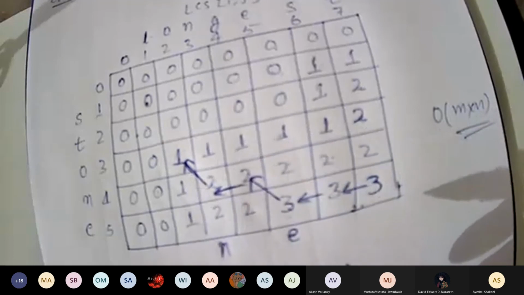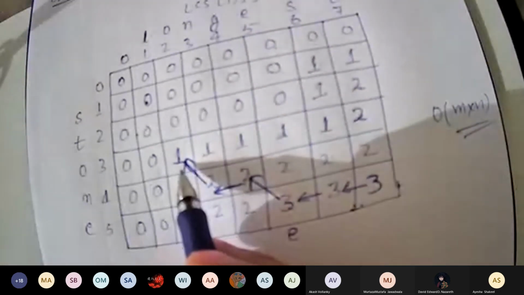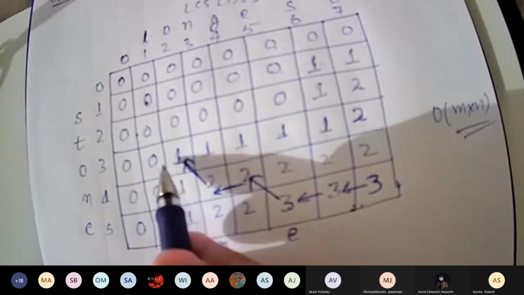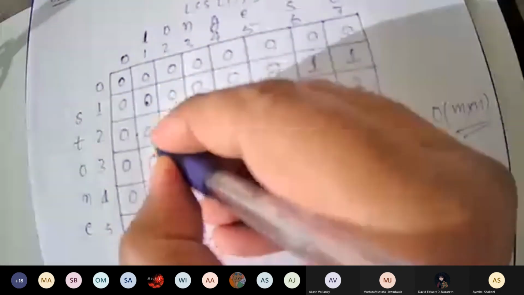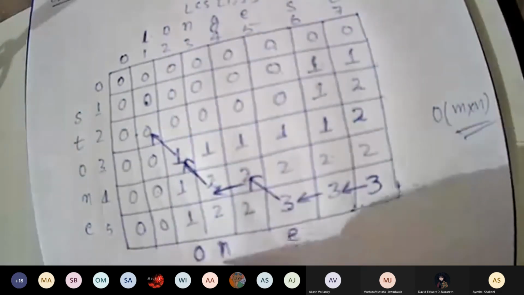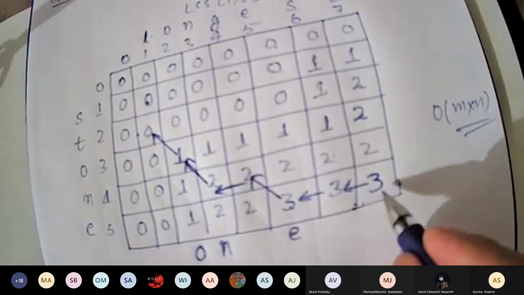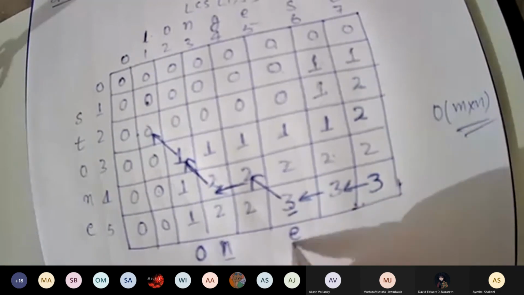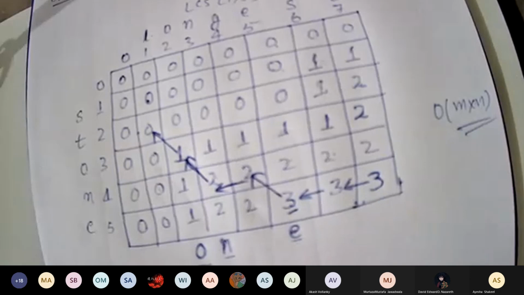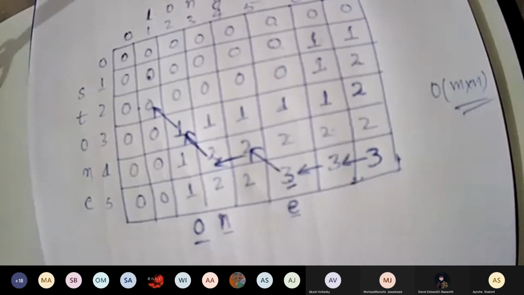Then this one, where are you getting it from? Are you getting it from here? No, you are getting it from here. So again you are going diagonal here, which means you will take this value. This value was O. So what is the longest common subsequence? 3, starting from O and E. Understood?